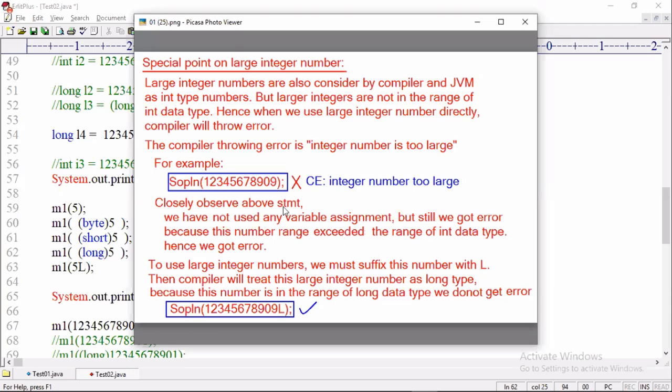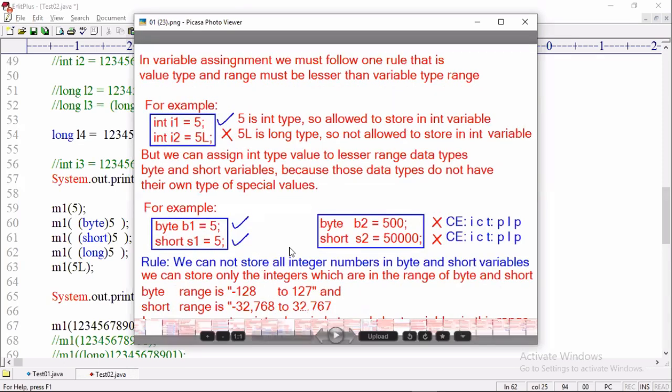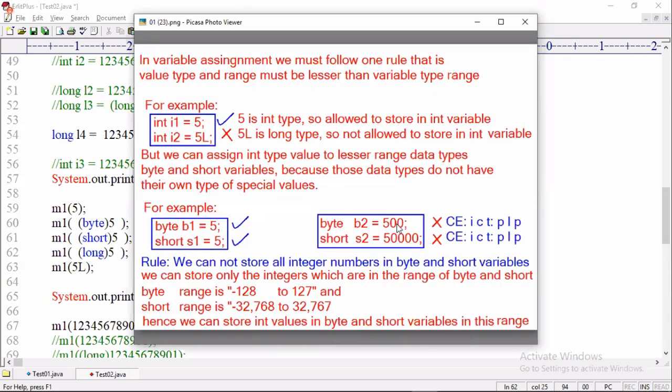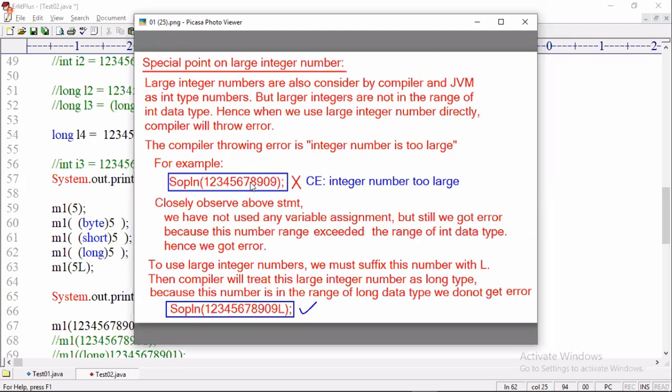Okay, many people are feeling that this 11-digit number is not in the range of int. Hey, it is just a sample number I have taken. It's not an 11-digit number. Here I have taken a 3-digit number. Is every 3-digit number out of the byte range? No. 100 is a 3-digit number in the range of byte. 110 is in the range of byte. 120 is in the range of byte. 130 is not in the range. So not every 3-digit number is out of the byte range. In the same way, not every 10-digit number is out of the range of int.